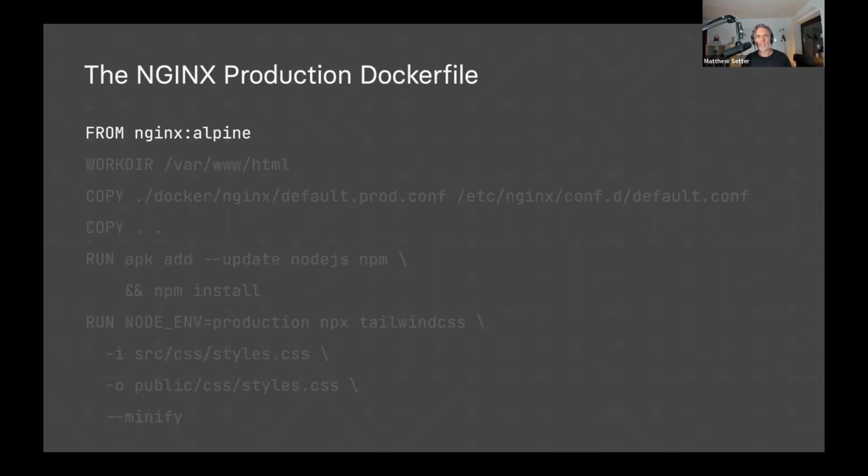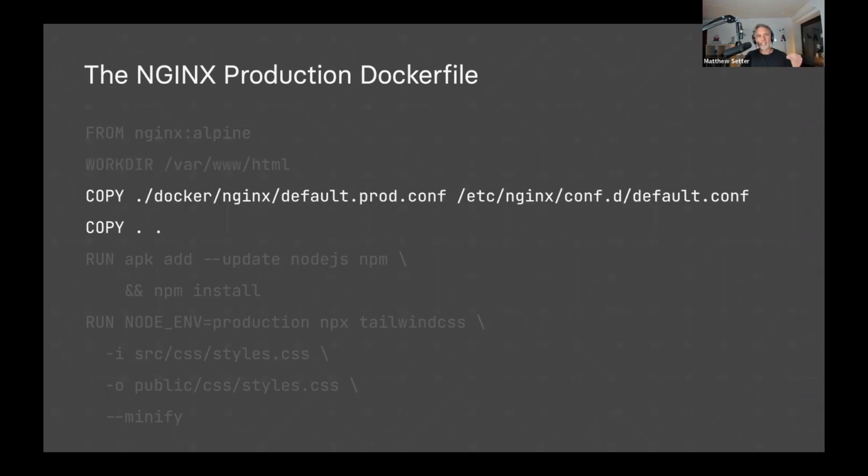So the Docker file uses the latest version of the official Docker Hub NGINX image, specifically the Alpine version. I love Alpine. It then sets the base path where subsequent instructions operate relative to. Next, 2 copy instructions are used to copy the custom NGINX configuration file, which we saw earlier. You may use a production version one, which has better tuning, security, and so forth. And it'll put that inside etc/nginx/conf.d, and then it copies over the contents of the current working directory, all your app source files, configuration, and related files into the image inside